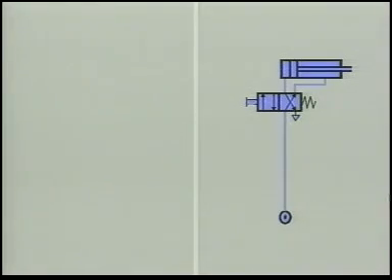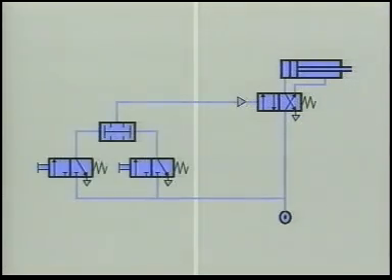Let's take a look at the structure of circuits with different types of control. Here we have the manual operation of a directional control valve as a final control element. In the pneumatic control, there is a clear differentiation between the control part, left, and the power part, right. Here the signals are generated and logically associated in the pneumatic control part, and the final control element is pneumatically